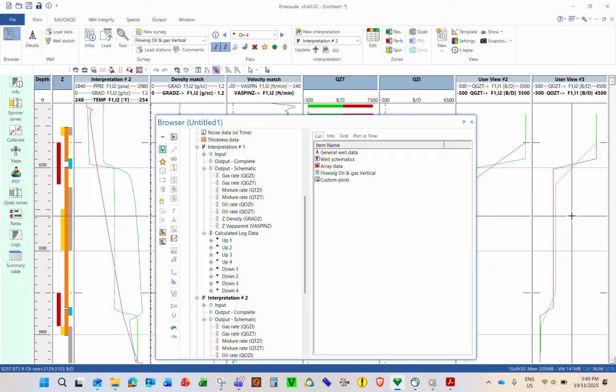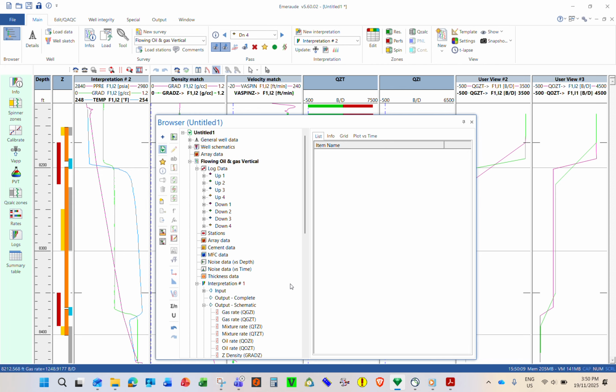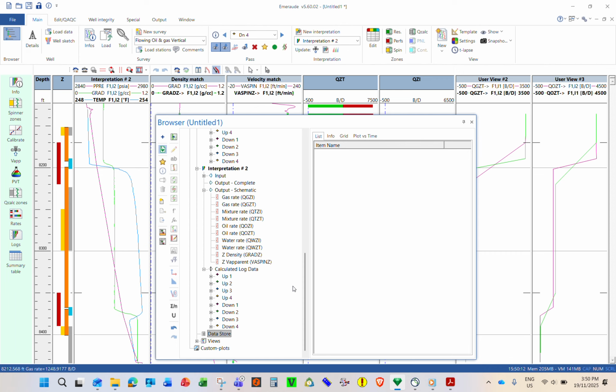But it will not remain, because if you change back, it will be gone. But if you have a different interpretation, you can compare later on. It stays there. So there are two ways to compare and do sensitivity in the current version. The next version will be a lot easier. So you put it in the data store and you copy to user view. You copy only the number, so whenever you update again, you might see the difference between the previous one and the current one. So that's all to do sensitivity.